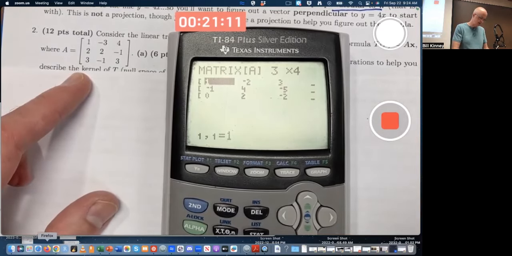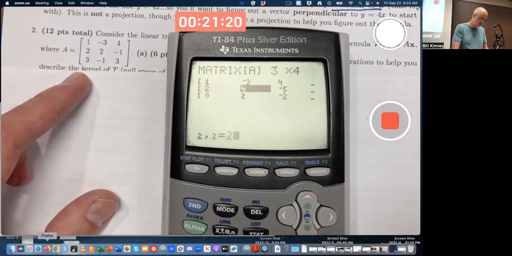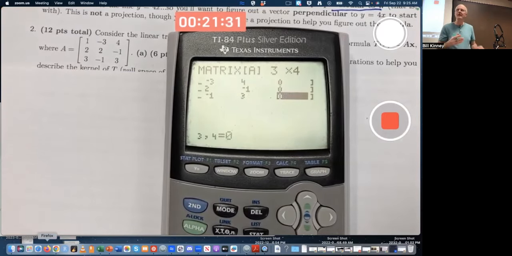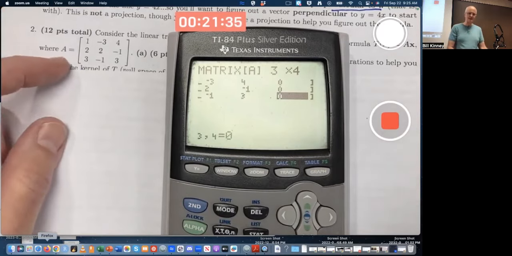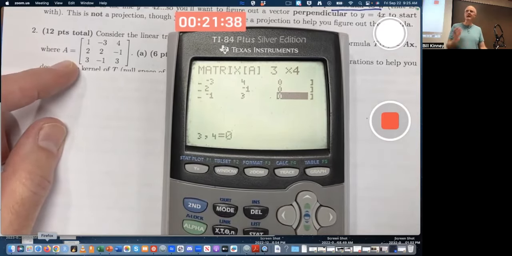It's a slightly different matrix than what I've got here. So 1, -3, 4, 0 for the last entry. Then 2, 2, -1, 0, 3, -1, 3, 0. So I'm again making the last column all zeros. That's not the matrix that you see here. It's a related matrix, augmented. I've added a column of zeros,